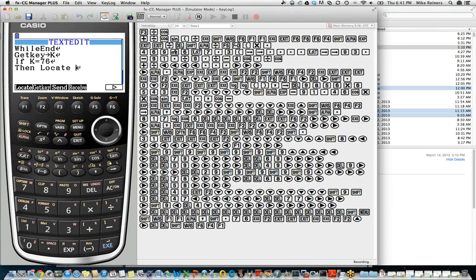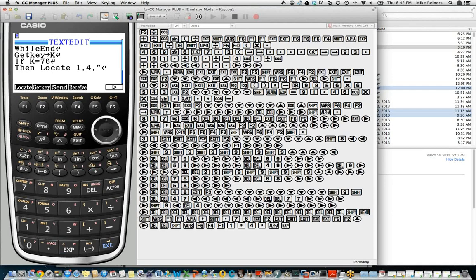Remember what our locate syntax is. When we use the locate command, we're going to say what column we want the character to appear in first, character or word or phrase or whatever you're placing. So locate in column 1, comma, row 4, comma, the letter A.